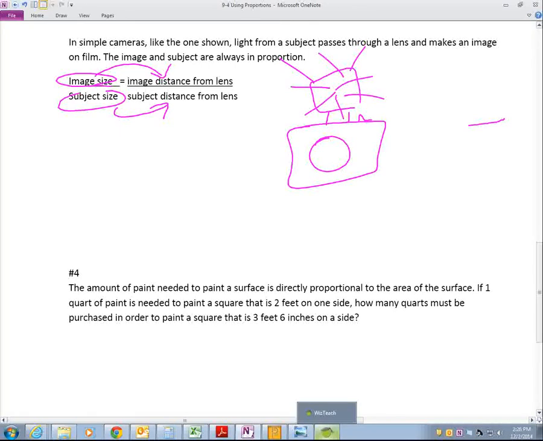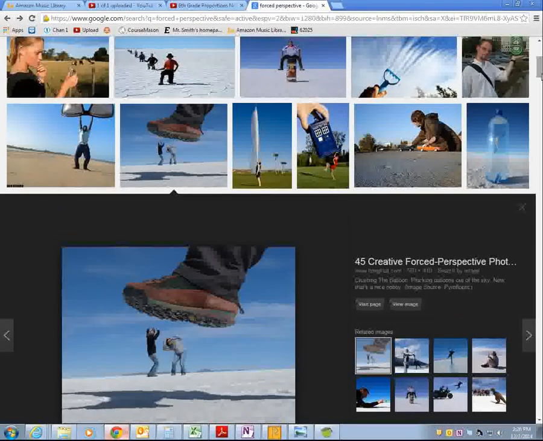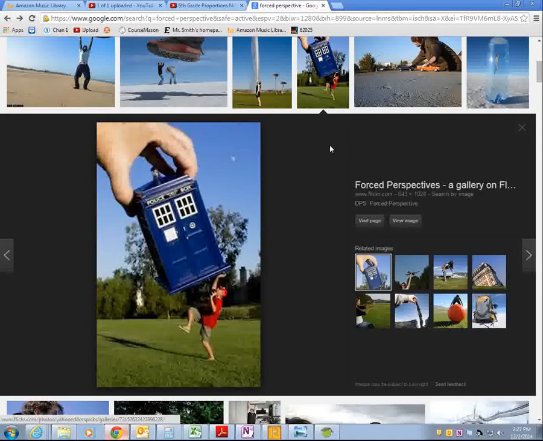So, to show you an example of that, actually in Lord of the Rings, Fellowship of the Ring, the first one, somewhat in the second one, they used a lot of forced perspective rather than using special effects to make Gandalf look bigger than Frodo. But anyway, here's a couple examples of forced perspective. Just imagine that shadow isn't there. Here you go. We got a Doctor Who fan. So that is actually a small-sized TARDIS, and it's not actually crushing a guy. But the difference is that guy is closer than the person in red because it's forced perspective.